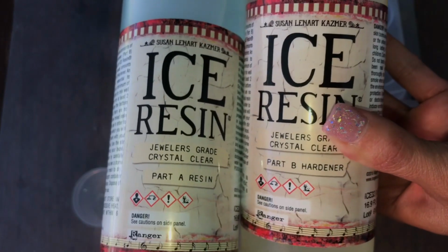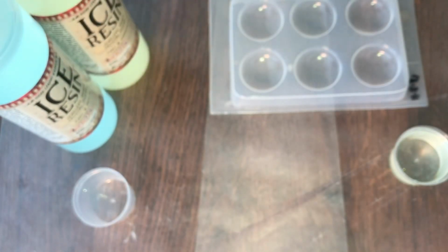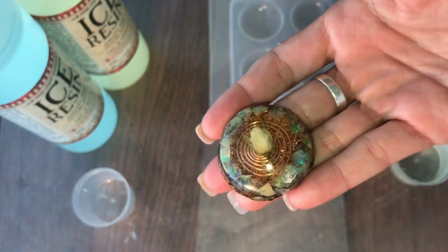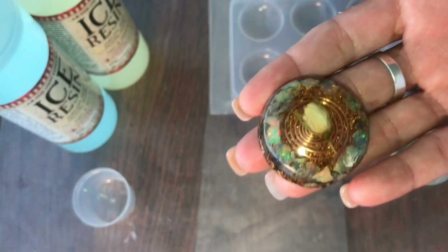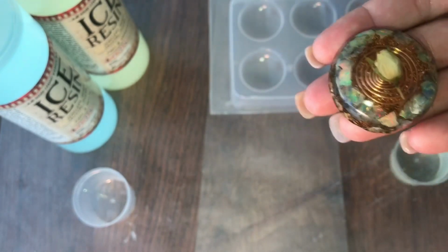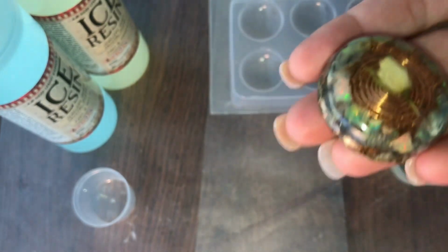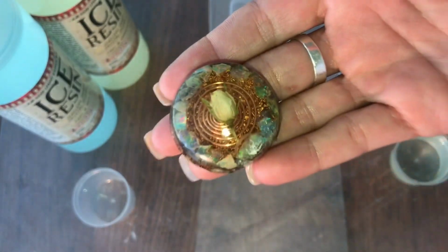I use Ice Resin. This is on the bottle. It says jeweler's grade crystal clear resin. So I don't go cheap with my pendant resin. I will even use it for my pyramids. I have tried using fiberglass resin for my pyramids, but they just don't turn out as beautiful as the Ice Resin, so I end up using